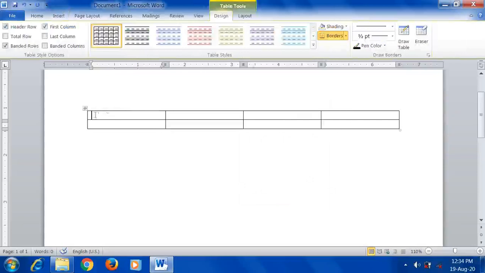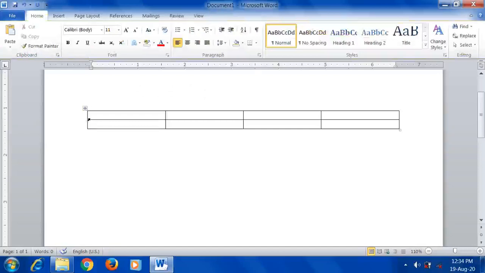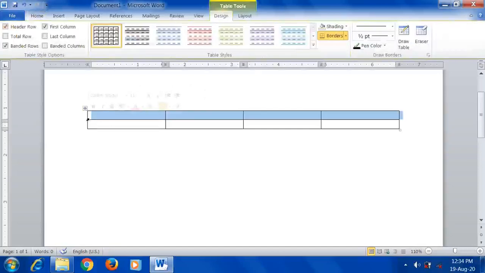First you have to place the cursor inside a cell. This single box is called a cell, this vertically selected portion is called a column, and this horizontally selected portion is called a row. Keep it in your mind. Place the cursor and type the text. Then to move to the next cell, you have to press either the forward arrow key or the tab key.